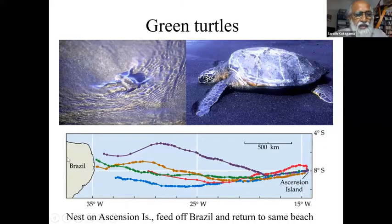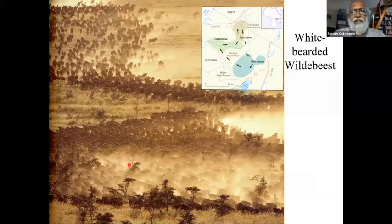Between these two lands of Brazil and the Ascension Islands, they have been known to move, and this is also called migration. Then I think again, many of you all may have heard of the huge, unbelievable spectacle of wildebeest migration in Africa. They move from one area in large numbers to another area, which is triggered very much